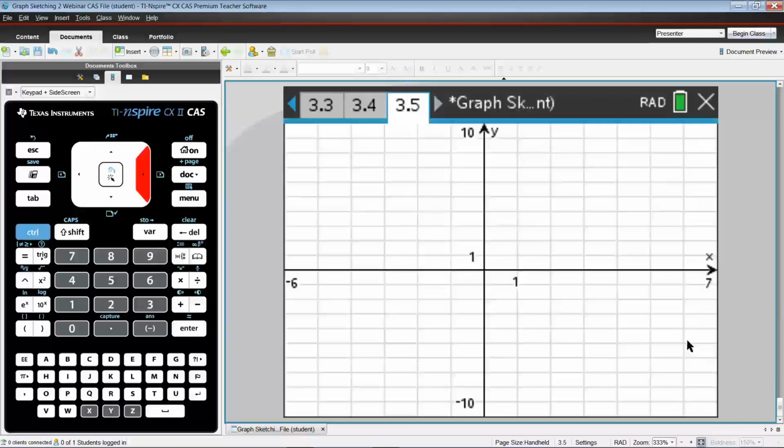Okay, so before we use calculus, I'm just going to go and graph this function. You'll notice that I've already got this page set up with axes from -6 to 7, -10 to 10, and I've got grid lines as well. So why did I do this? Well, if this was on an exam paper or a SAT paper, in most typical cases, you'll be given a graph axis and you'll be given the scale as well. You can use that to change your window settings. So to change your window setting, just